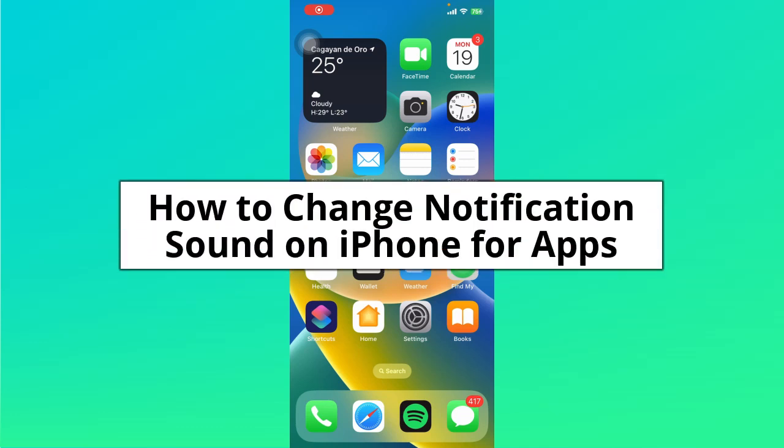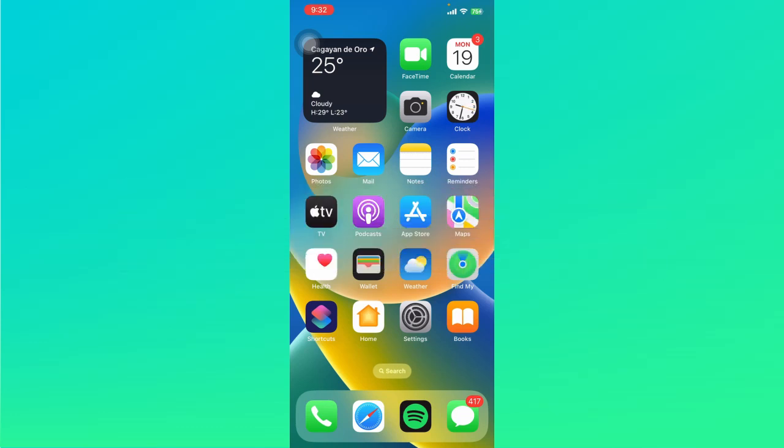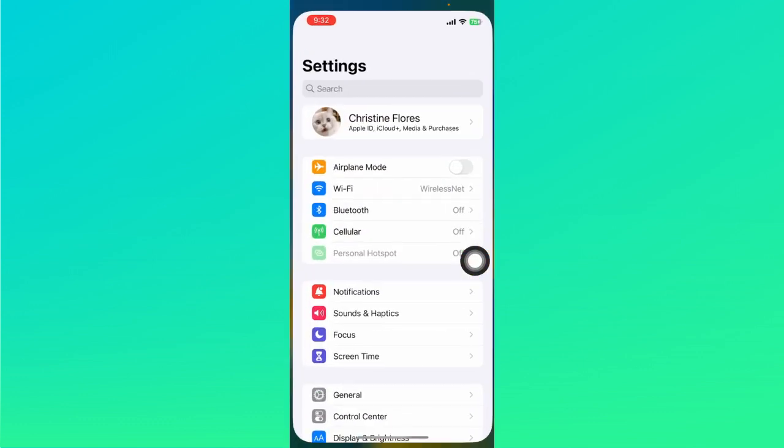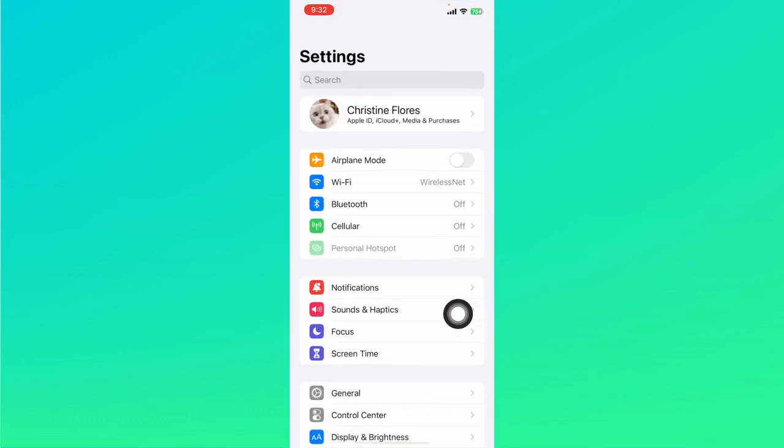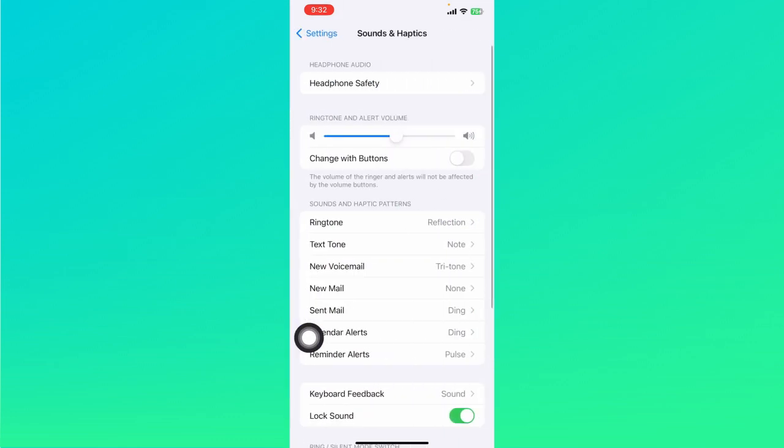How to change notification sound on iPhone for apps. Hey guys, so let's just head on and open up the Settings app right here. And under the Notifications option, you should be able to see the Sounds and Haptics option. So tap on that, and immediately under the Sounds and Haptic Patterns, you have all of these options to change